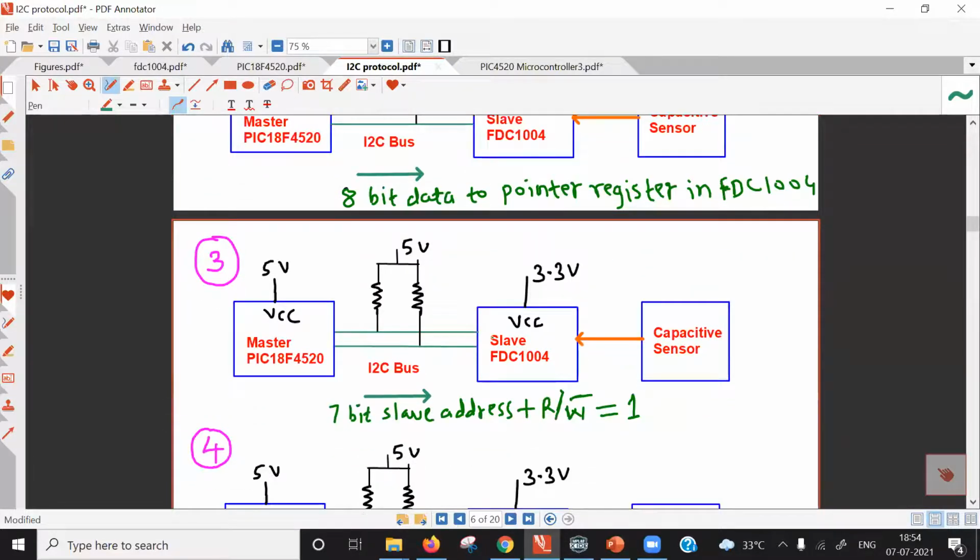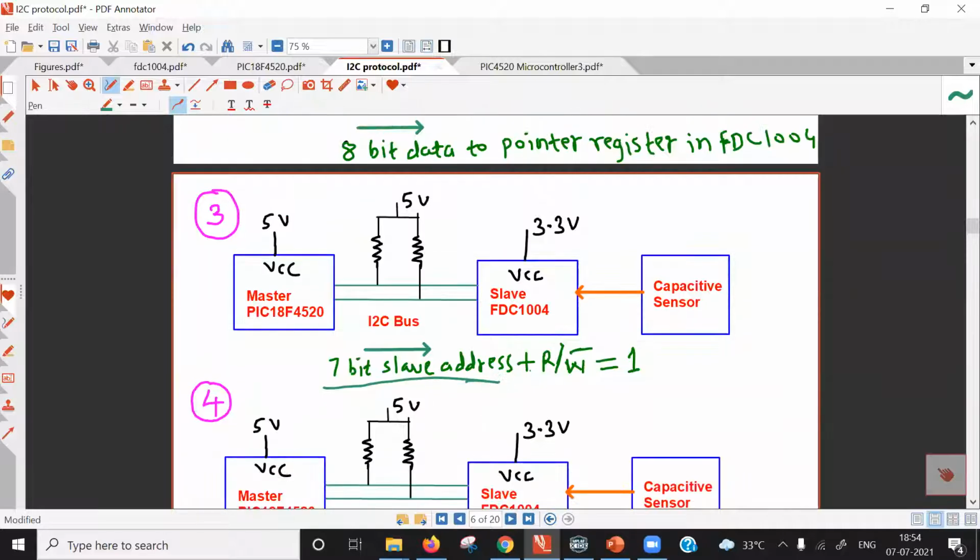Then the third cycle. In the third cycle, we must write the 7-bit slave address again. The 7-bit slave address is again required, and we must write the 8th bit equal to 1. So in our case, the hexadecimal value will become 0xA1. The first 7 bits in 0xA1 indicate the slave address. It is the same, but the last bit is 1. If you write this in binary, 10100001, the first 7 bits indicate the slave address and the last bit indicates that the next cycle is for a read operation.